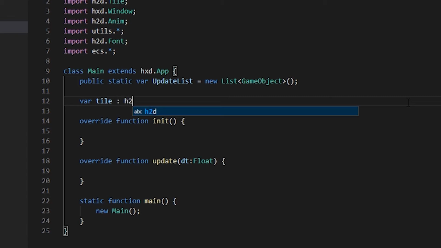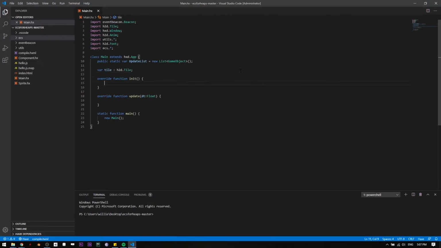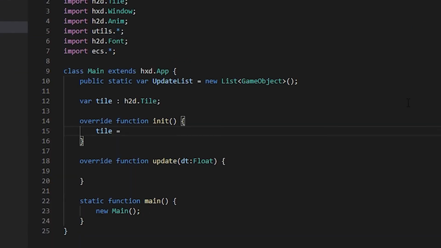The type is h2d.Tile, and that's it. And in the initialization function, we're gonna say tile is equal to h2d.Tile.fromColor. I hope you remember this stuff,